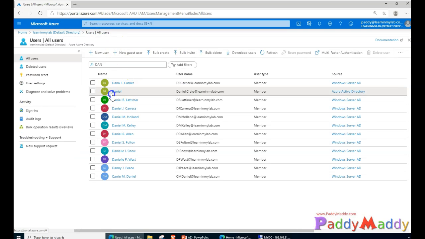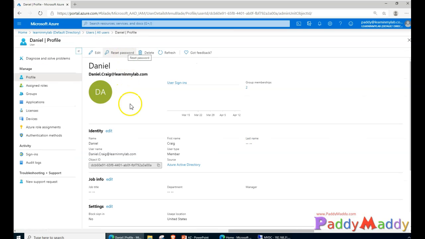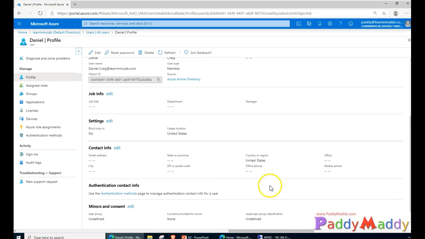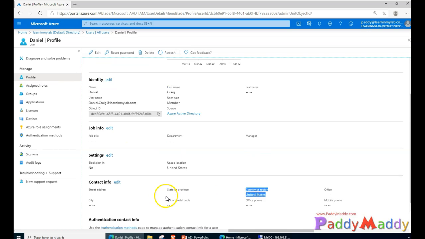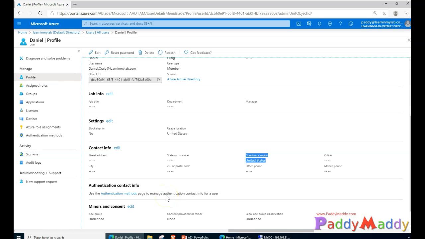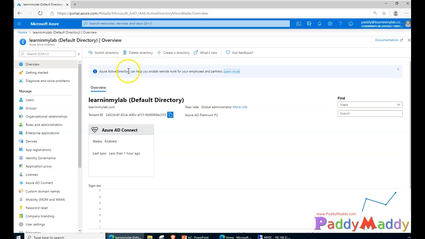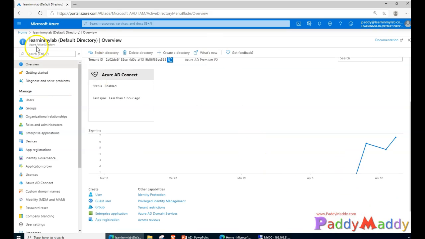But remember that we need to configure the licensing also after the sync, otherwise it doesn't work. If you try to demonstrate single sign-on or anything like that, it doesn't work. Also you need to configure the location. For example, the user account here is in the United States, so you need to configure that under settings, this specific United States configuration. Also, other configuration, if it is not there, you must configure it, otherwise you don't get the benefit out of it. So that concludes how to configure this, at a high level. I hope this is